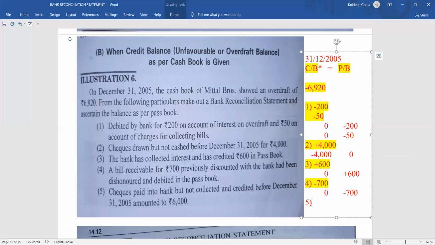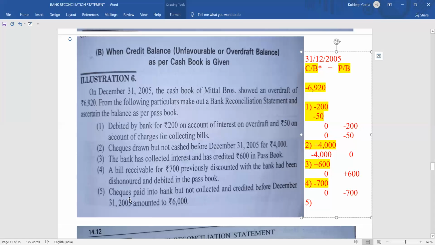You can repeatedly hear this discussion about the bill discounting and the bill dishonor, so that the concept becomes more clear to you. This is a new concept for you all. This is the advantage you get from the video lectures. You can repeatedly hear and understand. Even if you have doubt, make sure that you call me and get it clarified. Okay, please do that.